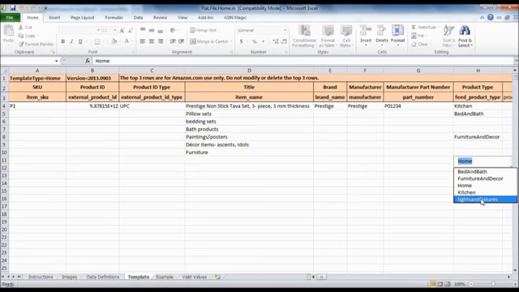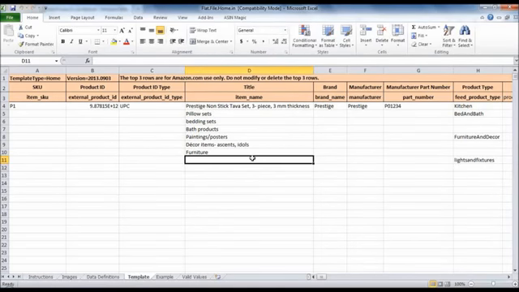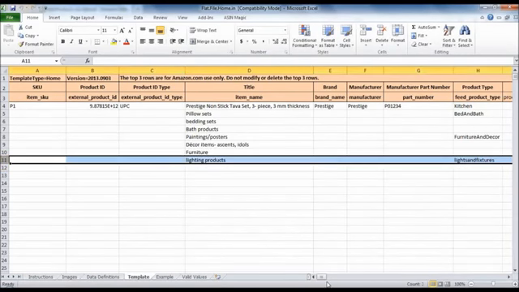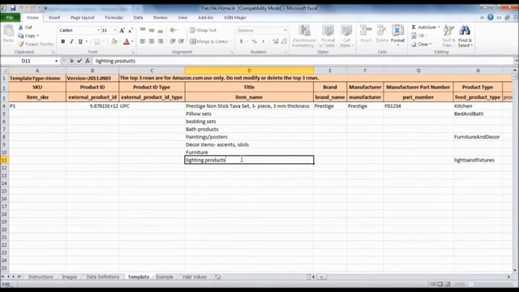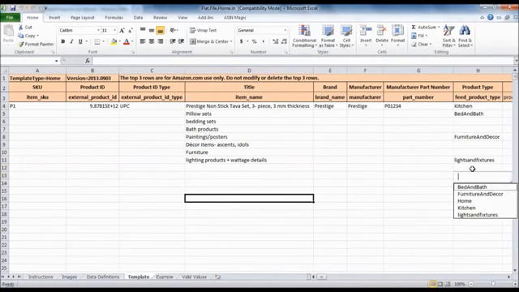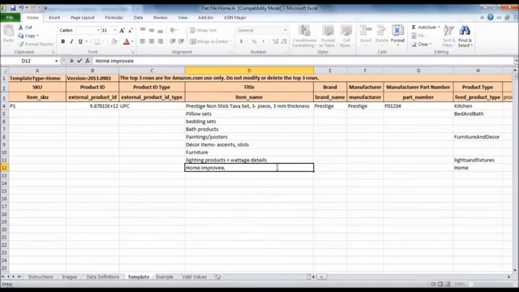Next, we have lights and fixtures. These are nothing but lampshades, every lighting products. Please note that if you're mentioning lighting products, under bullet points, you also mention the wattage, and even in the title, please mention the wattage. Then we have home improvement products, and also lawn